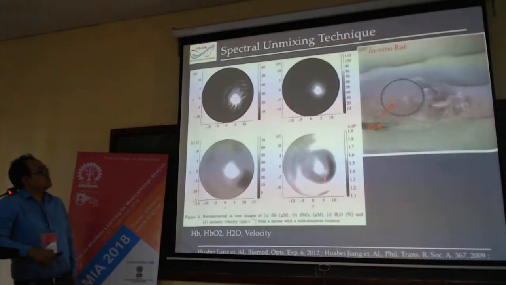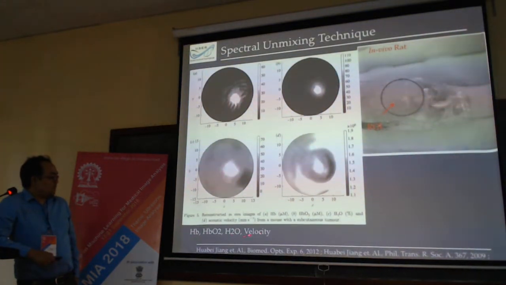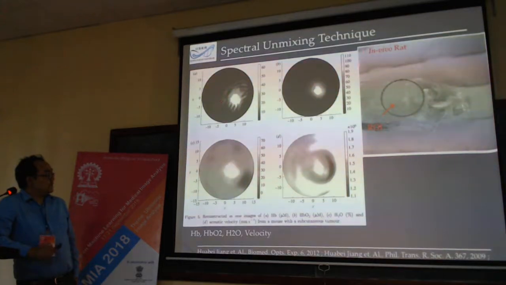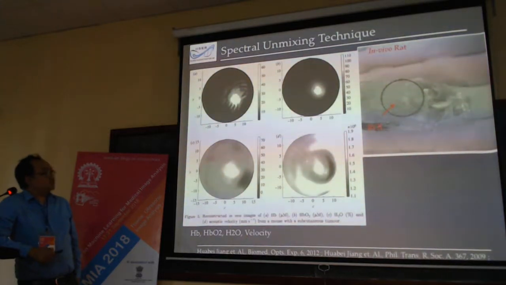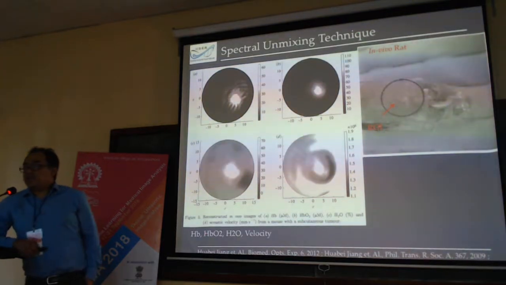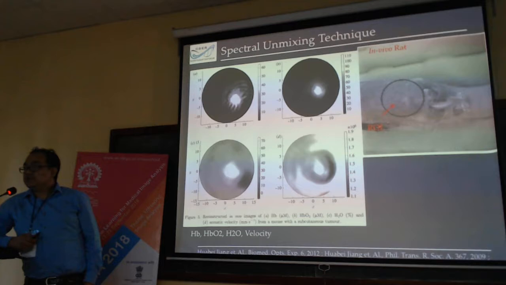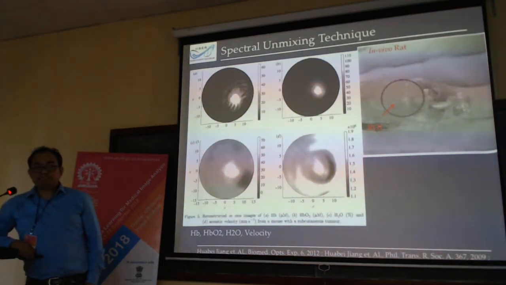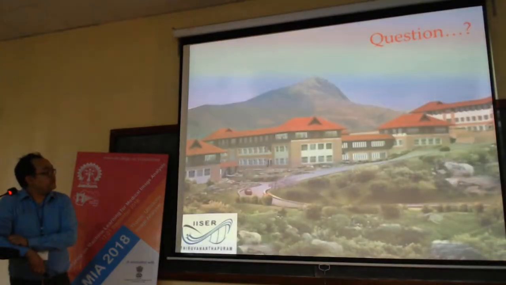So this is also a typical result where it shows the distributions of Hb, HbO2, water, and the velocity of sound, I think in this order. So this is the Hb, HbO2, the water and the velocity of sound. This is in the small element models over these regions. So this is what I can say. This is about the tomography. With this one, I like